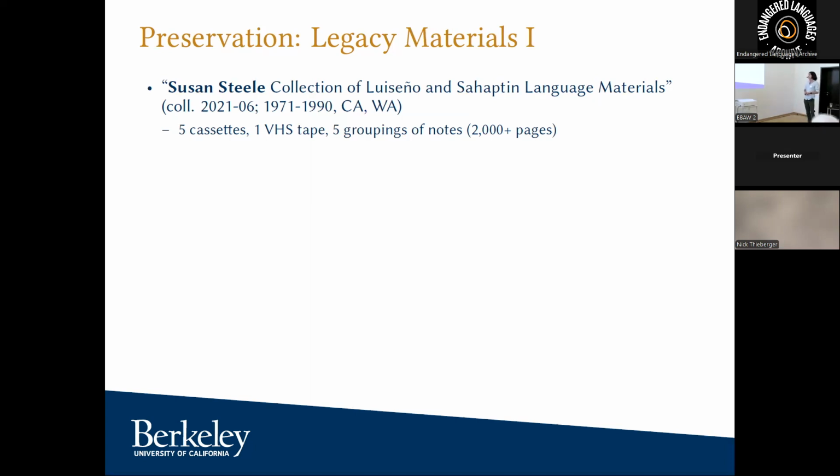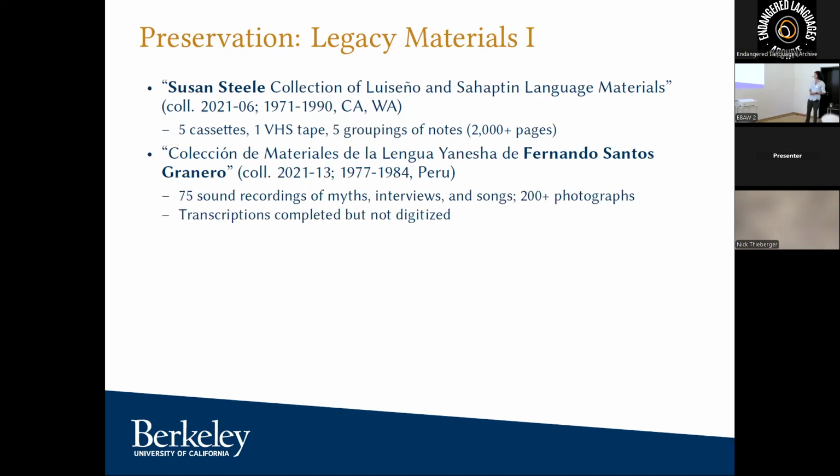And it turned out in particular she had over 2,000 pages of notes on Luiseño language, which is a highly, highly endangered Uto-Aztecan language of Southern California, that, not to malign her, but she simply had no plan in place for what to do with them, and they were simply in her house. Luiseno has very little archival material available. This was a huge addition to the corpus available to Luiseno people in Southern California.